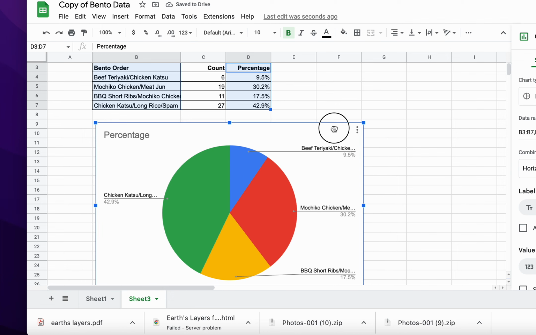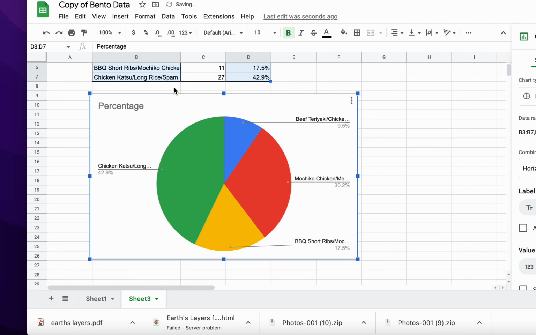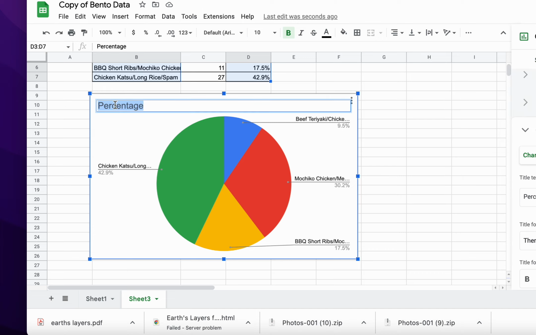Okay, so look at this chart. I have a few things that I still need to fix on this, and I know some of you just put in the chart and didn't care to change the title, or didn't care that you could read these bento orders. You can't read the entire title, it doesn't fit here, so I would probably type in here percentage of bento orders. All right,